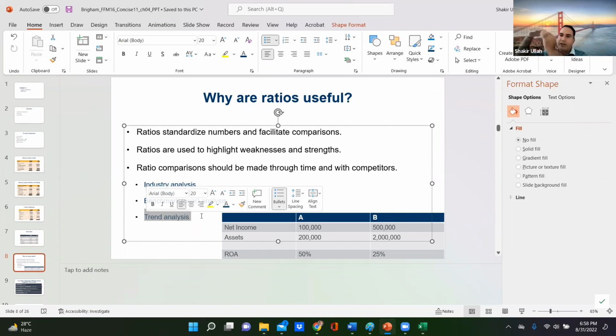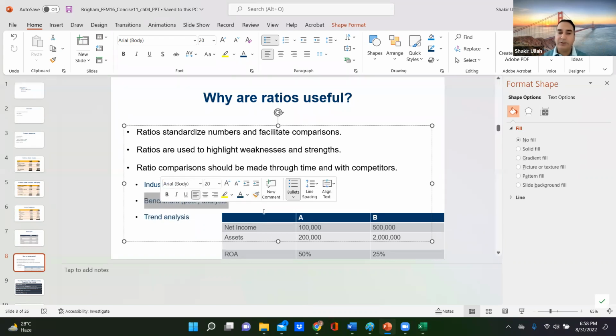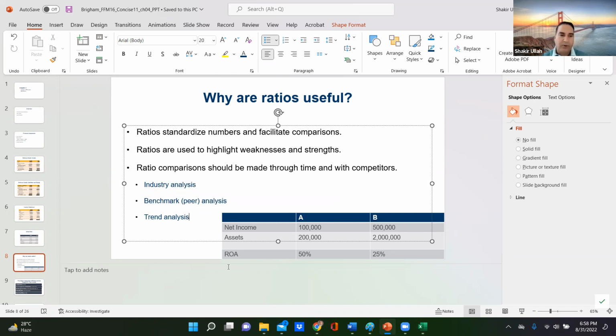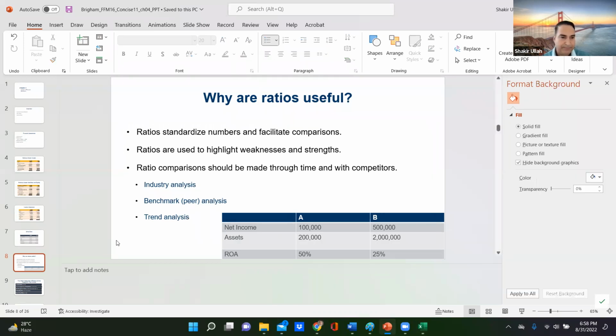So that would be a good sign. Are we going down? That would be a bad sign, right? So that would be a trend analysis to look at as well. So we find each ratio, we compare it with the industry average. We would also like to compare it with our closest competitors to see how we're going as compared to that competitor. And we also look at our own trend. Are we improving with the passage of time, or are we going back? Okay, so that is what we are going to do in the ratio analysis.